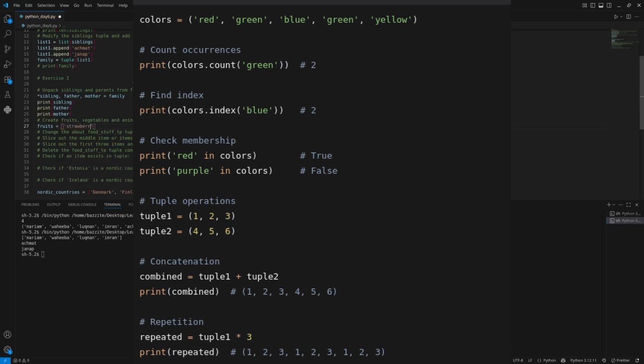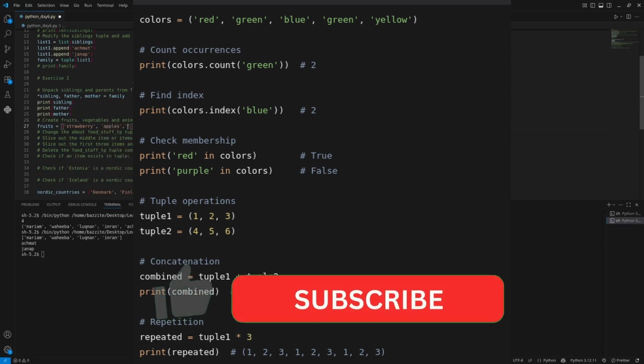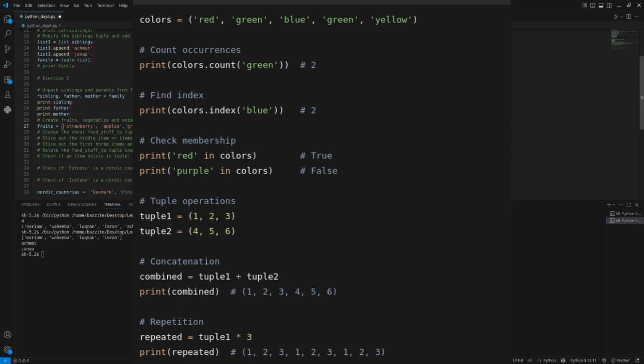Look at this example. For counting occurrences, for green, in this example of colors, you'll get the output of 2. If you want to find the index, you can use the .index and specify the color that you're looking for, and it will come up specifying which index it is. It says 2, but as you know, indexing reads from 0 first, then 1, then 2, then 3, then